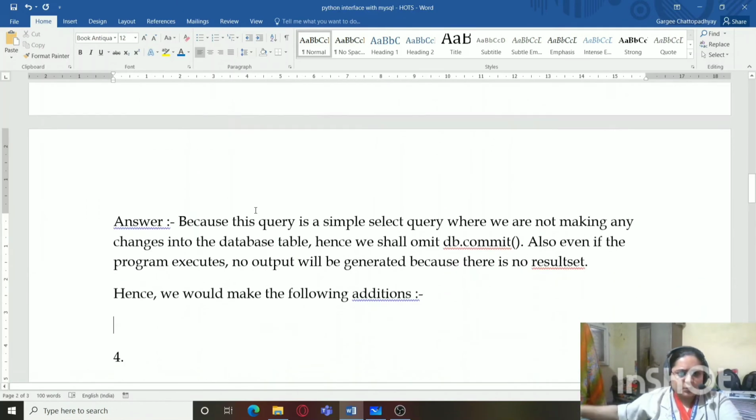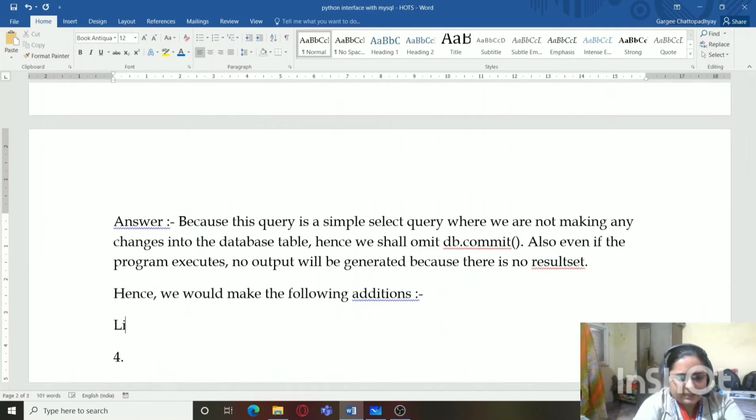So first to fourth, line number 1 to 4 will be as it is. Okay, and then we will be writing line number 5. That should be result set equals cursor dot fetch all.